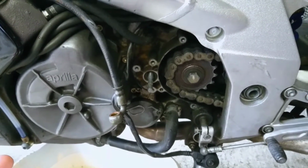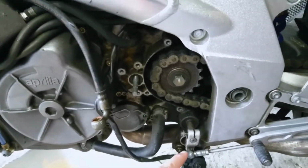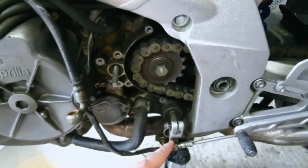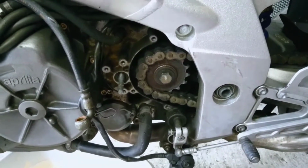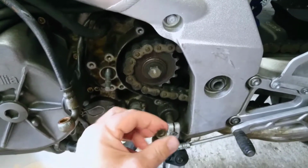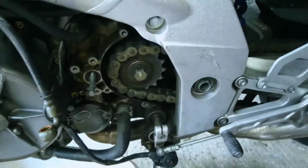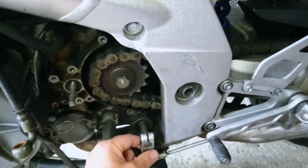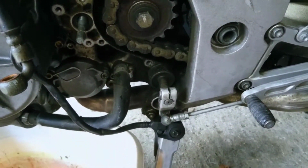So basically, what is the first thing that I had to do to get in here? First thing I had to do was to undo this bolt, which is the gear lever. This rod attaches to the gear lever here, and you have to undo this. Obviously not by hand, it's just a small spanner. Take that off. Now the first problem I came up against was